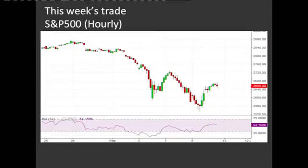But on Friday evening, it traded heavily down to the 200-day moving average, and then there was evidence that it started reversing. And I actually sent out a tweet on Friday evening, fairly late in the evening, to say that the market was reversing up off of that 200-day moving average. And I took that as my key to actually buy, to go long, because I thought, when it's so stretched